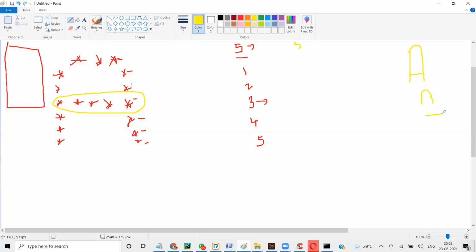So the first step is to think of a pattern, think of a logic. Logic is not always in numbers. Logic can be in text, logic can be in writing a story as well, right? So you have to first think about the logic. The logic here is that this middle line should be in the middle. So if you have 5 here, 3 will have this pattern. We'll talk about this pattern first.